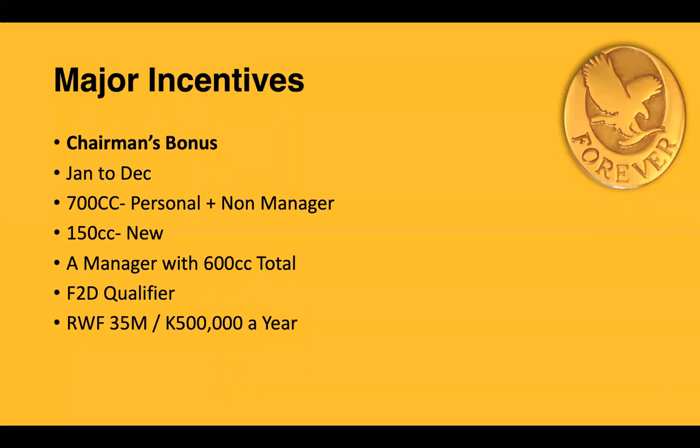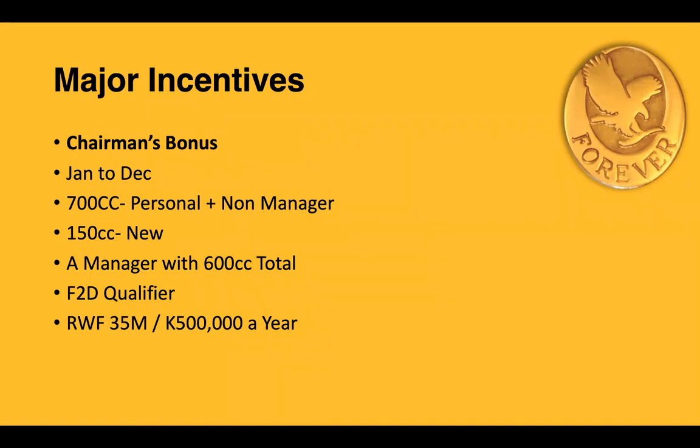Now you might say, okay, Enos, you say Chairman's Bonus is the biggest incentive. Well, I've seen in Global Rally, if someone qualifies for Global Rally, they get 42 million Rwandan francs and over 600,000 Zambian kwacha. How are you saying Chairman's Bonus is the biggest incentive? Well, Chairman's Bonus is the biggest incentive because it does not end at level 1. If you qualify for Chairman's Bonus level 3, which is actually the biggest goal for you,